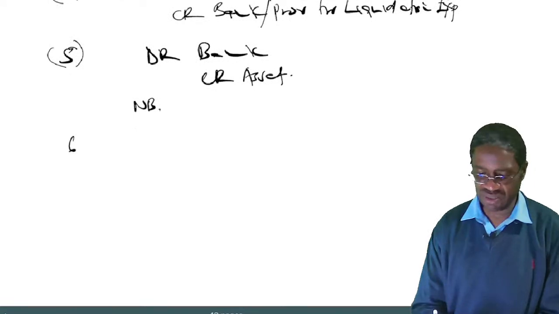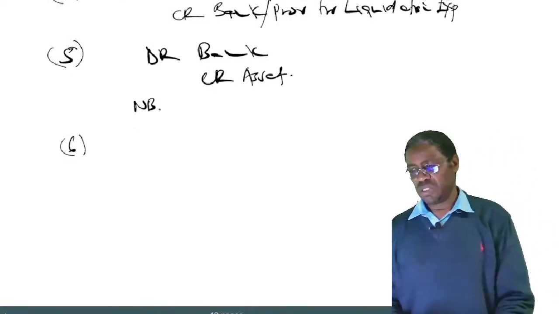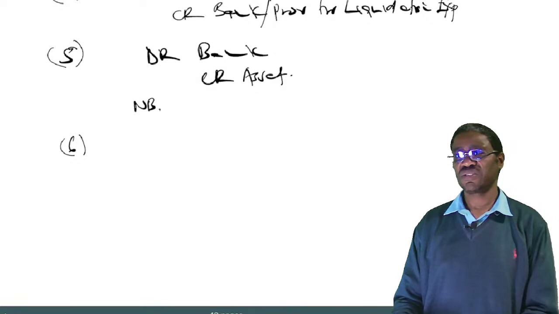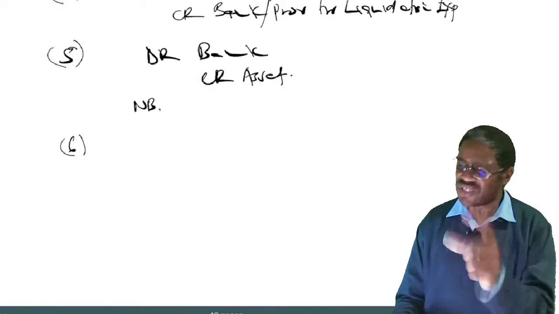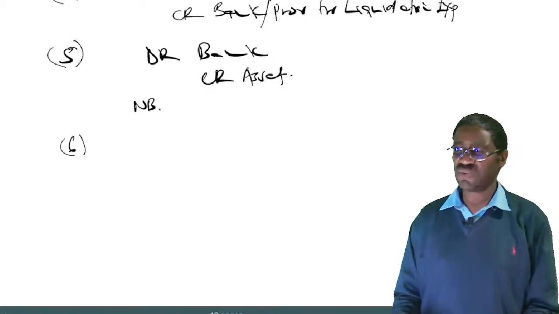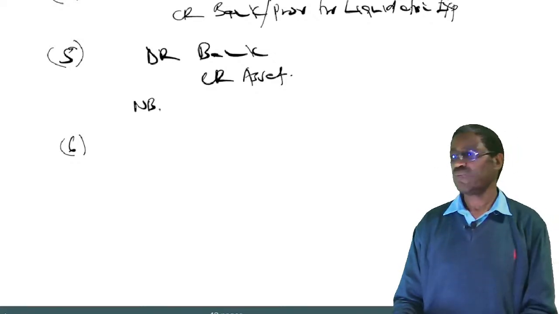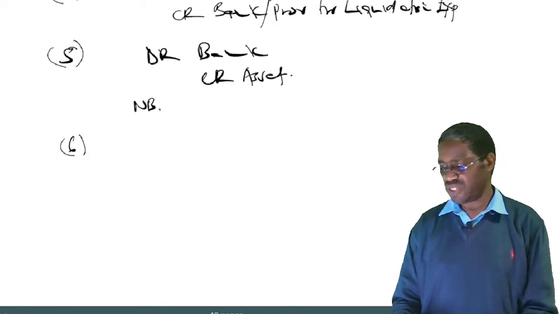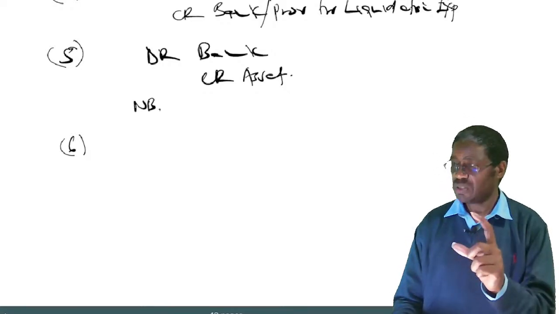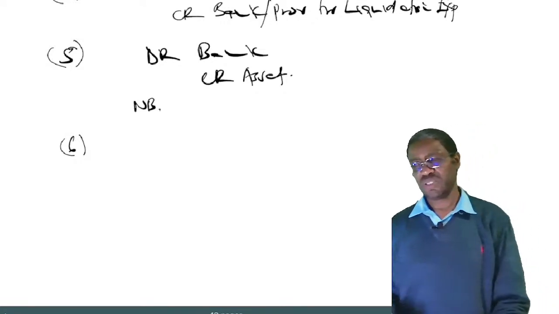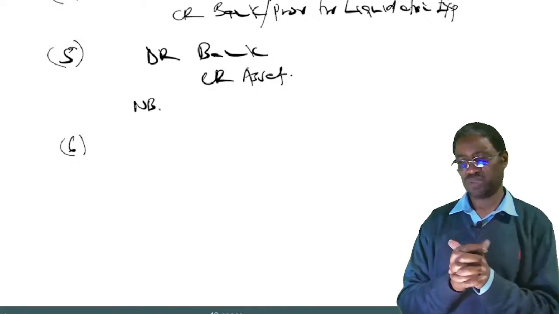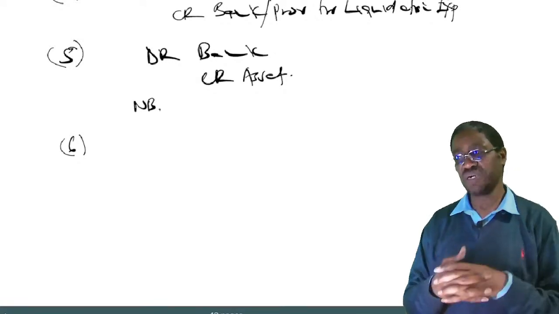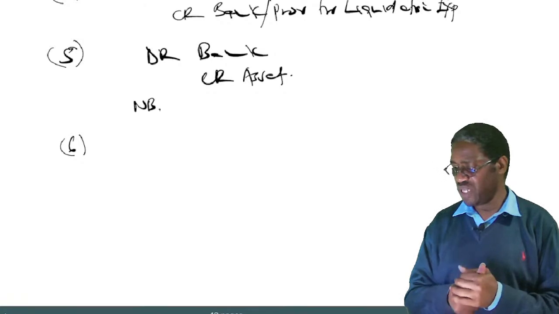Let's go to number 6. Number 6, with liabilities not taken over by the purchasing company, but paid by the selling company,